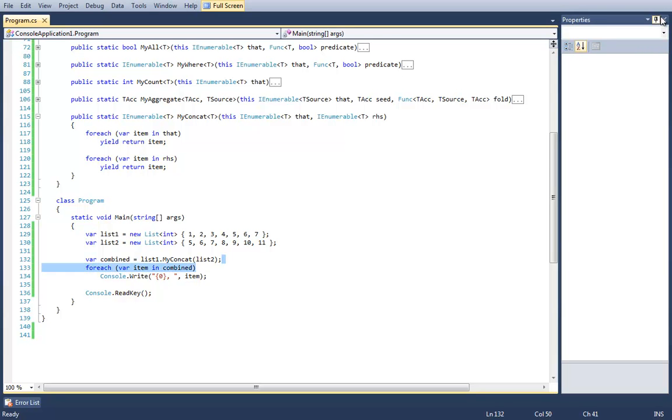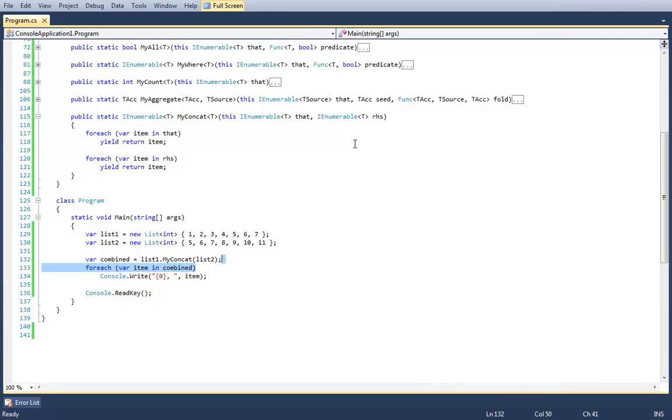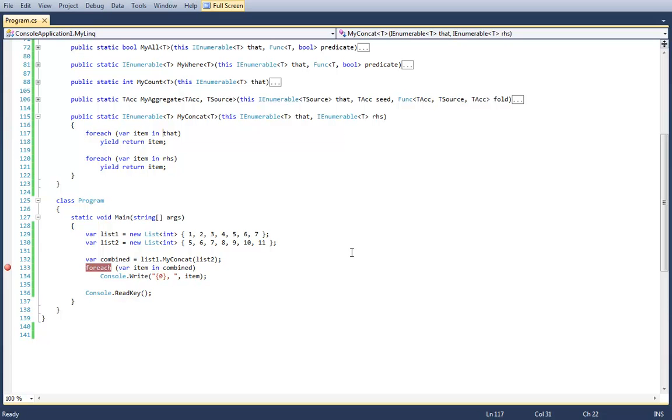Oh, we did get a question. So when using yield in your concat, it won't return after the first foreach loop. Is there a way to force it to return? Or does it know to leave the function? Well, that's kind of built into the way foreach works. Once there isn't anything else to go over in the second foreach loop, it'll carry on from line 122, which in this case just involves not doing anything.